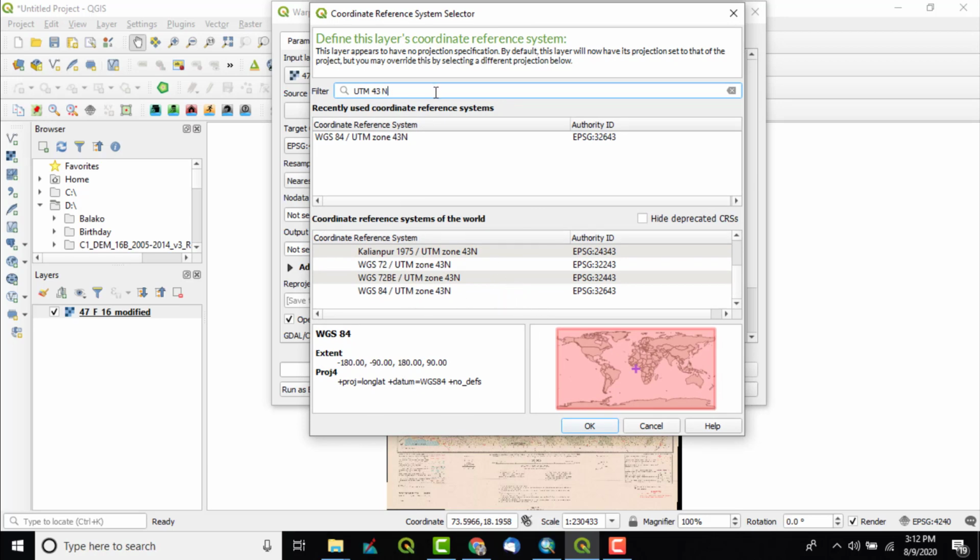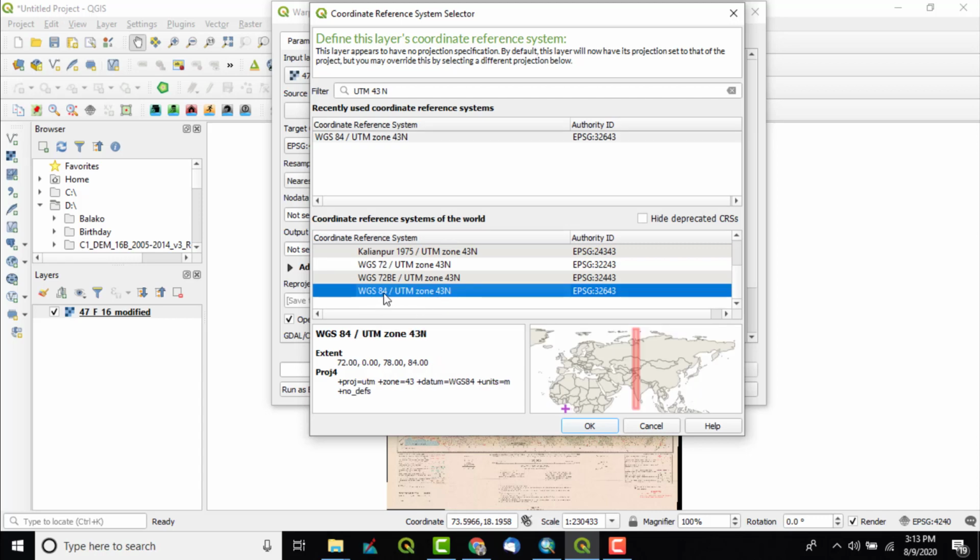After filtering, we have got some filtered coordinate systems. In that we have to choose the relevant one which fits our area. Here I will select this, because my study area is in this zone, WGS 1984 UTM zone 43 north.